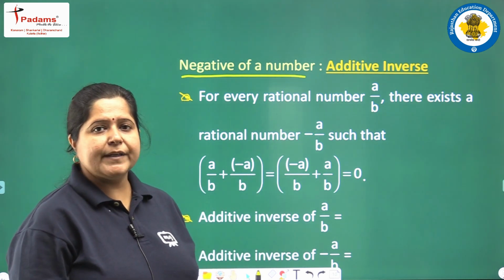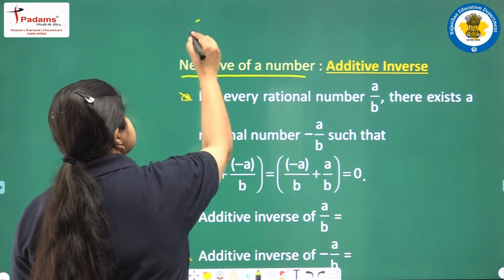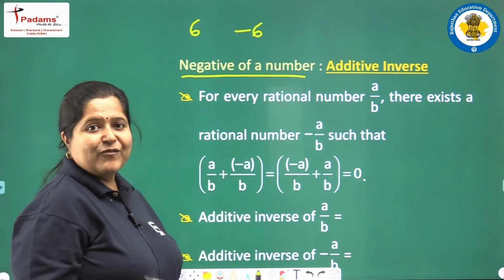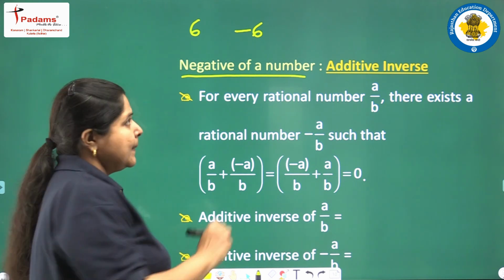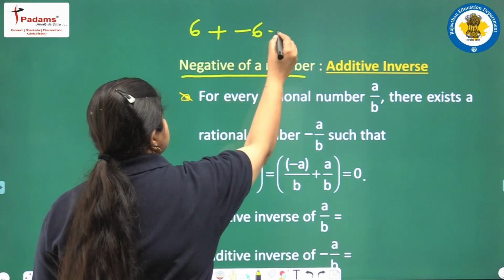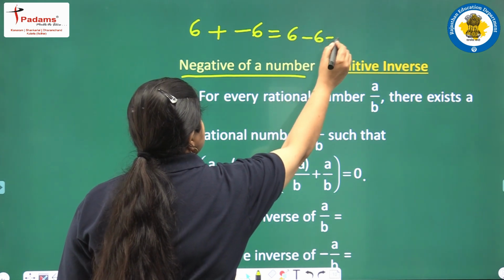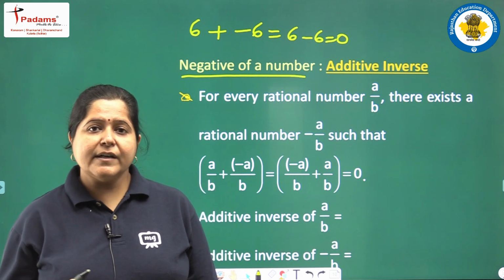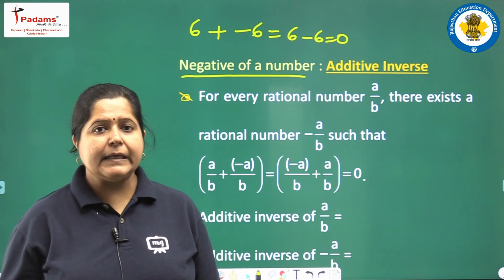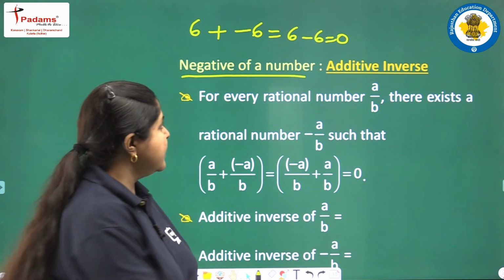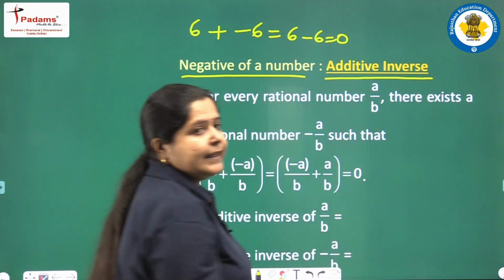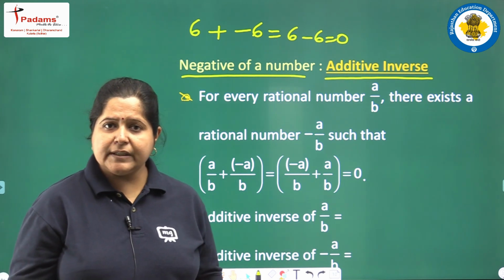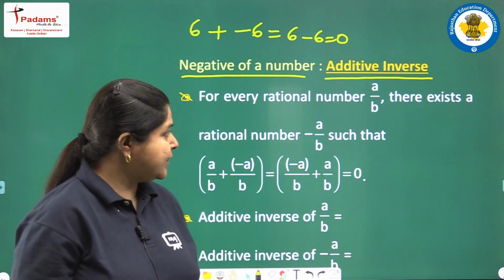Yes, 1. Clear? Next we move on to the negative of a number. What is the negative of a number? If I have number say 6, then what will be its negative? Minus 6. And what is the relation between both of them? If you add both of them, you will get 6 minus 6 equal to 0. So they both are reverse of each other, or in mathematical language we say they both are additive inverse of each other, because when we add them they both nullify each other and the answer we are getting is 0.